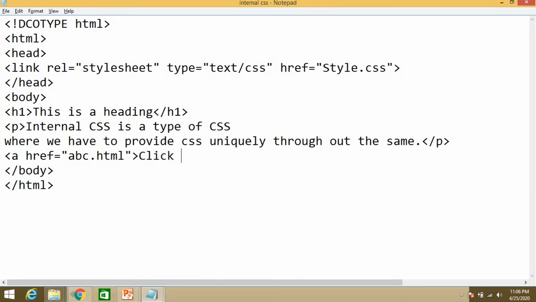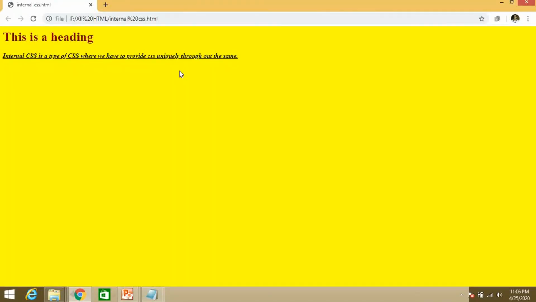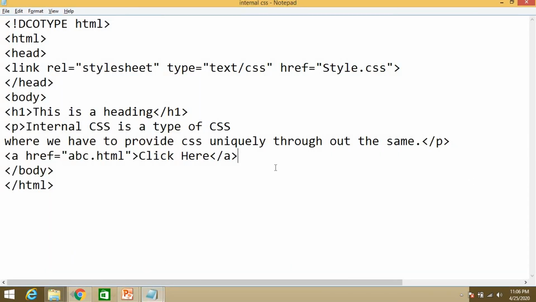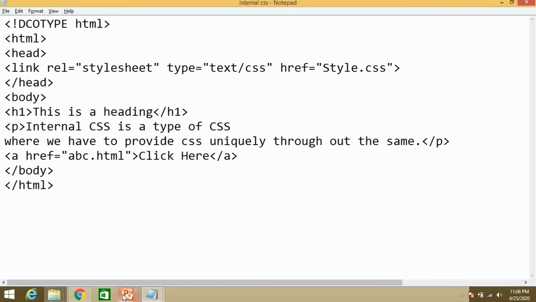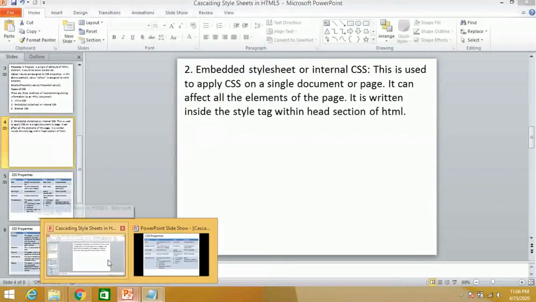Click here, okay, click here, it shows the anchor tag. So when you see this, you will have this one, and an underline will come over there. So if you want to remove that, you have to apply text decoration none. So let's see whether this is working or not.